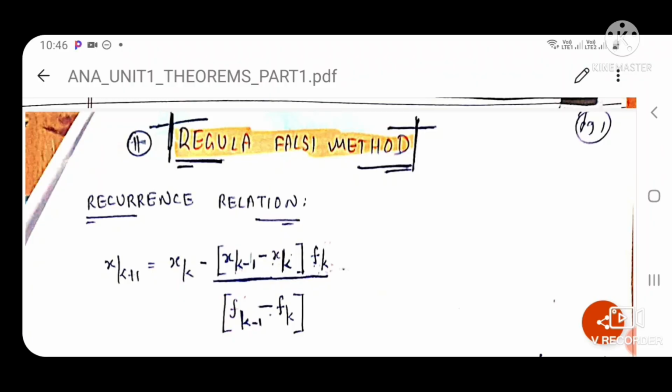And we're going to discuss the regula falsi method. I have given the step-by-step procedure over here. You would be able to understand it, but if you still want to follow up on what I'm doing, you can listen to my lecture. As usual,